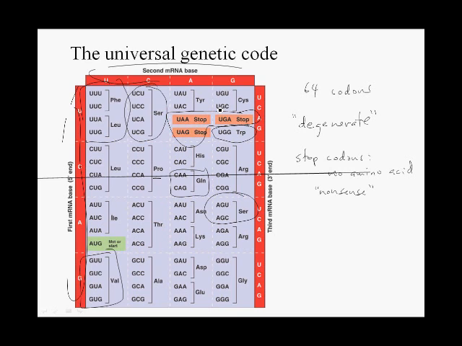The opposite of stop codons, then, is a start codon. There is one codon, the only codon that specifies the amino acid methionine, AUG, and it is the start codon, here labeled in light green. This is where ribosomes actually begin to translate. So for the purposes of this course, AUG is the universal start codon.